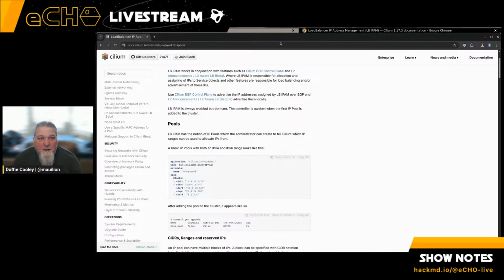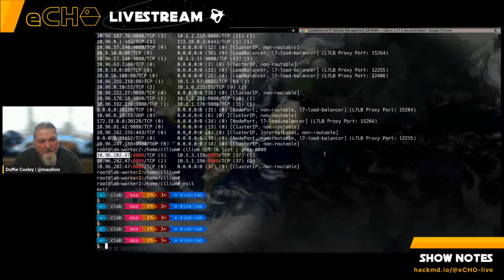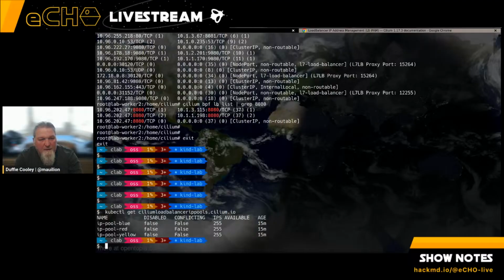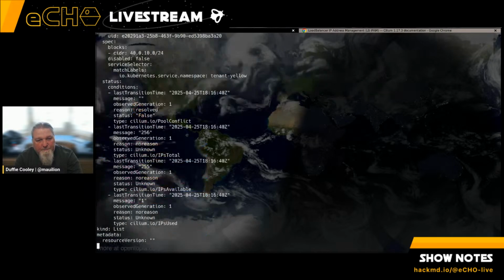So in my cluster, I have BGP wired up and configured. So let's take a look at how that's configured. First, let's take a look at the IP pool part of it. So let's do kubectl get Cilium load balancer IP pool. And we can see there are 3 of them, and there are IP addresses available across all of them, and none of them are currently conflicting. And if I do -o yaml,